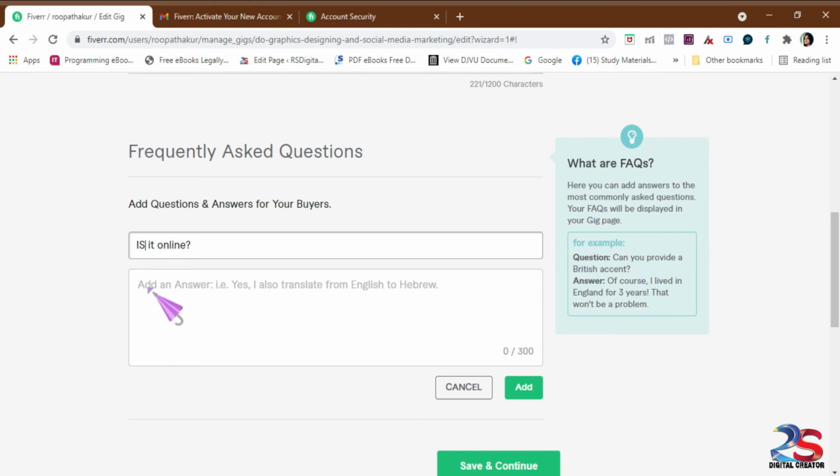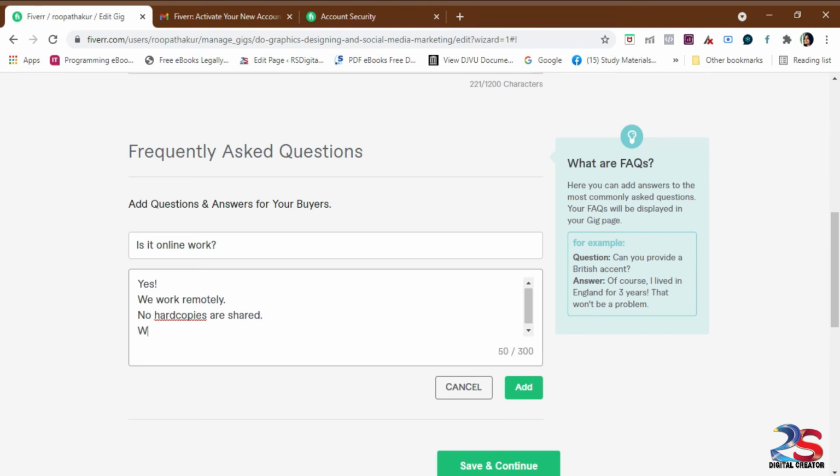If they get answers to their doubts immediately, there is no need to take time to connect and interact with you. They will get an answer to their questions and then go to the next step. So just type some questions and answers here. You can add any number of questions and answers. We call them facts or FAQs.